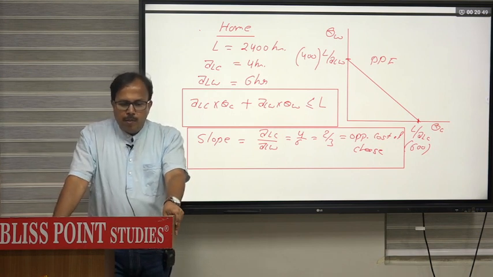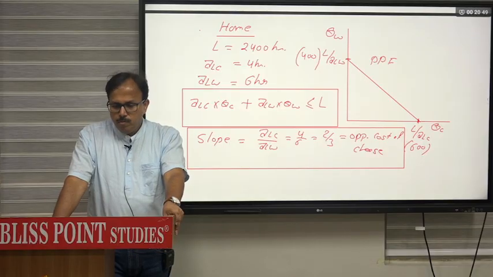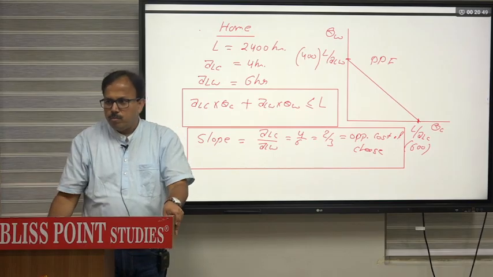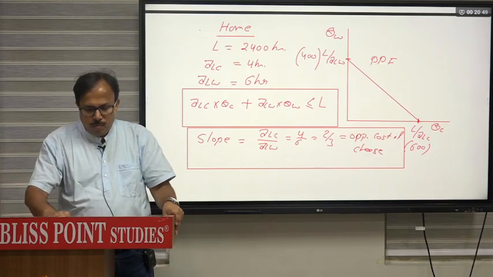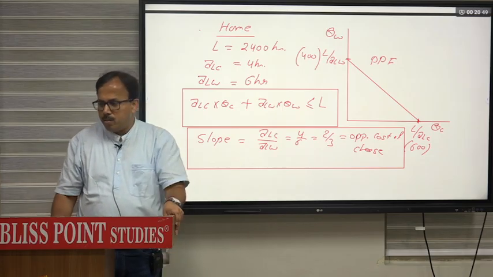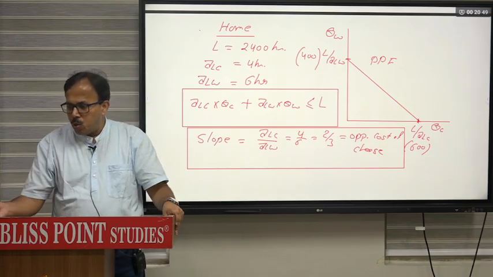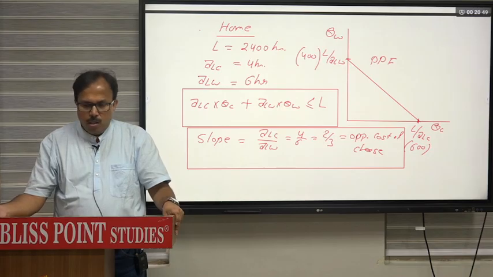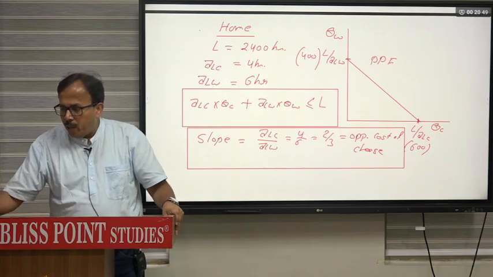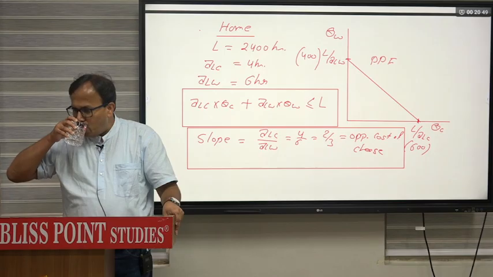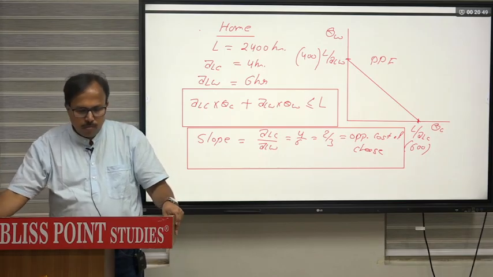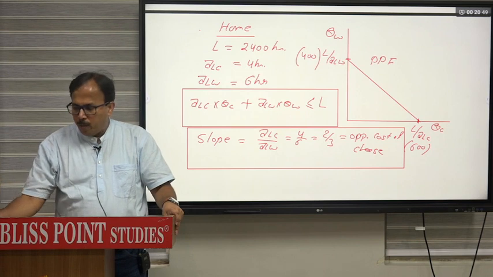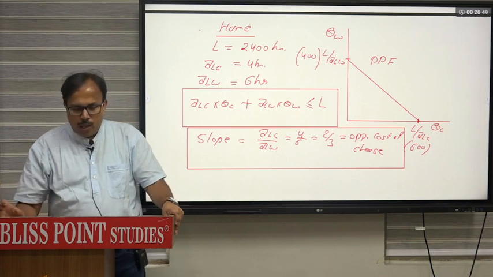So this model of international trade is also referred to as the 2 by 2 by 1 model. So according to this theory,